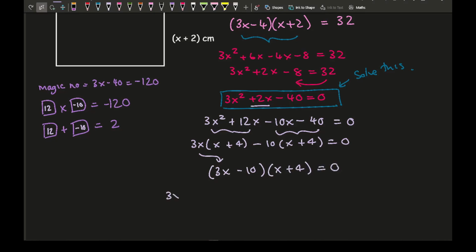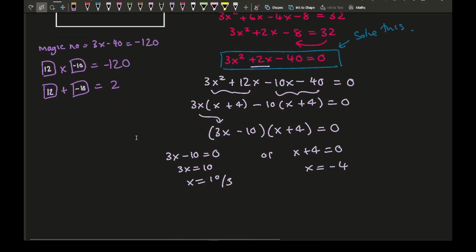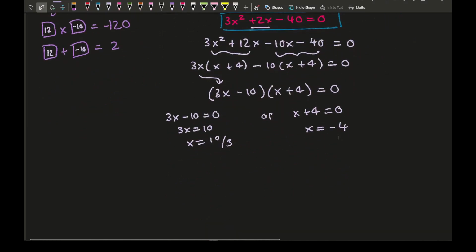So either 3x minus 10 equals 0, which then gives me 3x equals 10. So x equals 10 over 3. Or I've got x plus 4 equals 0, in which x equals minus 4. So typically I've got two possible solutions for x, but it can't be this,